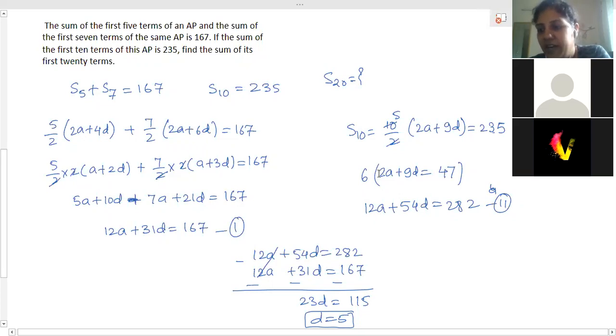Once they are equal, addition or subtraction can be done. After that it should become 0. So for that, any one of the variables you have to select. So this was 12 and 2's multiple is 12. So I have multiplied the full equation with 6. If you are multiplying the full equation, there is no change you are making. Due to multiplication, the first variable becomes the same. So if I subtract, I have eliminated the value of a. So I got an equation only in terms of d, so that I can solve for d.